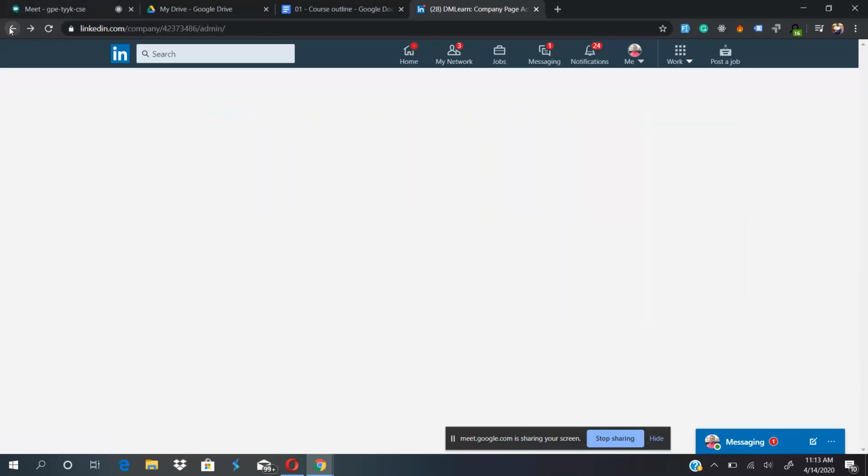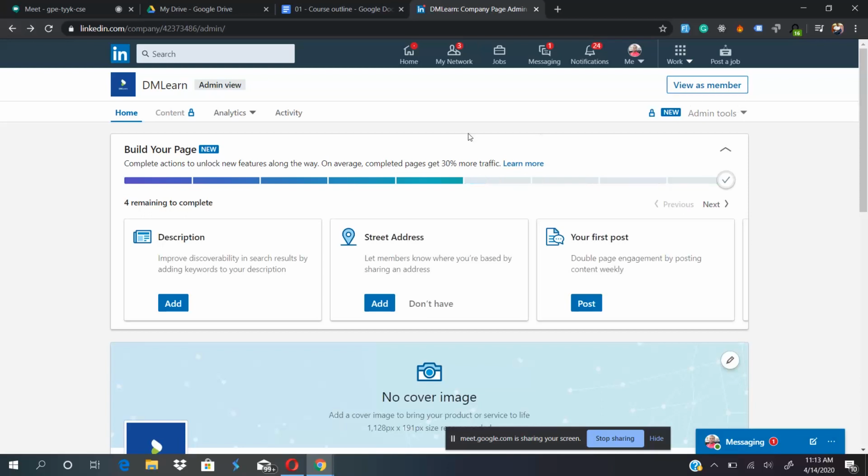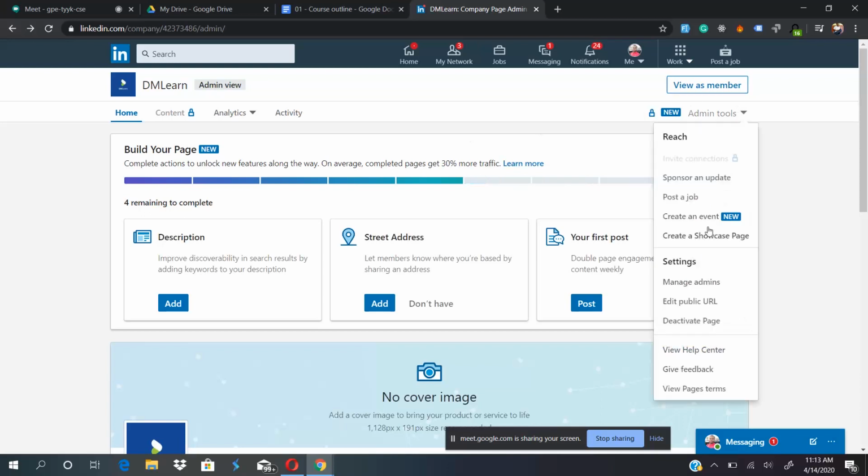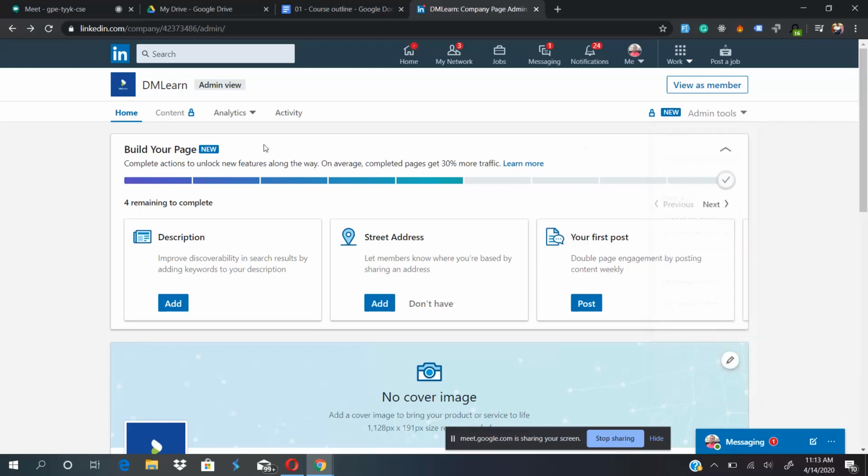So let's go back, and then you can see some admin tools here to use and manage everything, create events. If you want to deactivate the page, or you want to add more admins, just work around this. It's actually very easy. Then maybe analytics to see your visitors, updates, and followers. Or you'll focus more on